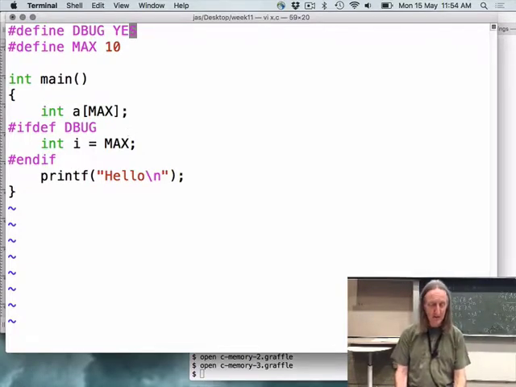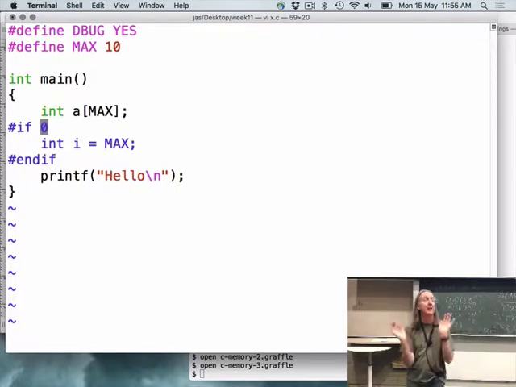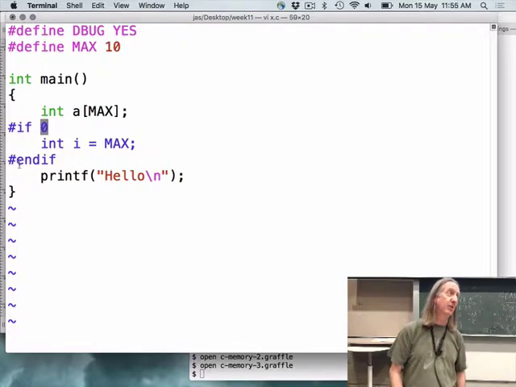Another way, if you really just want to get rid of something, comment out a big slab of code, you can just say hash if 0, and that effectively comments out everything up to the hash end if. So I think I might have done that once or twice as well. And you can see that the syntax highlighter has recognised what I'm doing and it's made it all blue, which is the syntax colour it uses for comments.